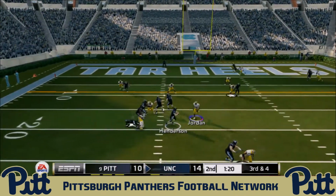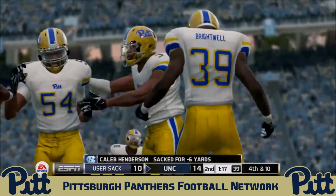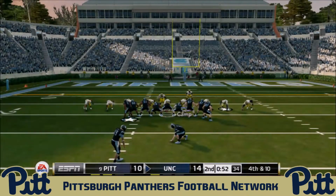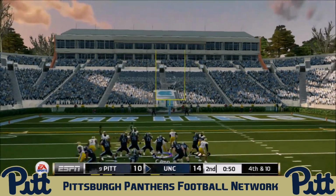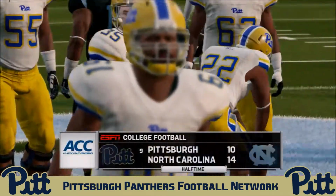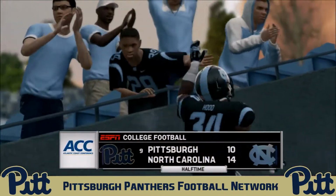Plenty of time as the Panthers sit in a zone. Jason Jordan comes forward, and the freshman brings down Caleb Henderson. Great job. He sat back in the zone, decided enough was enough. He comes forward and brings down the North Carolina quarterback to force the field goal attempt, which is up, and it misses. So the Panthers, with a huge defensive stop that will send us into halftime, unfortunately losing 14-10, but